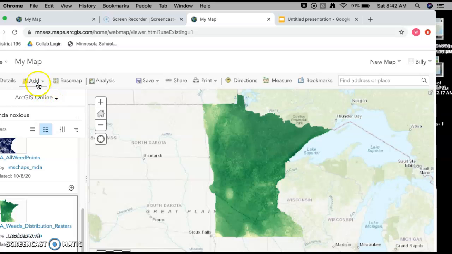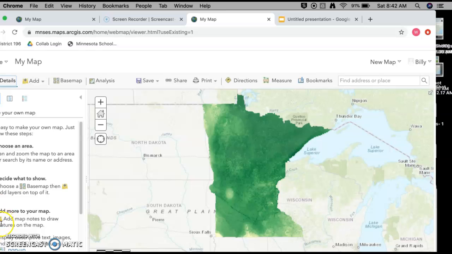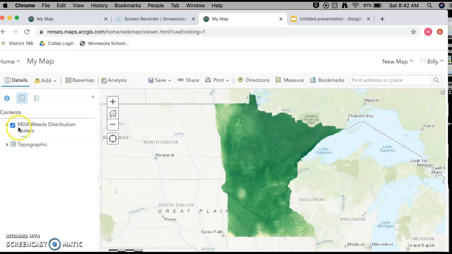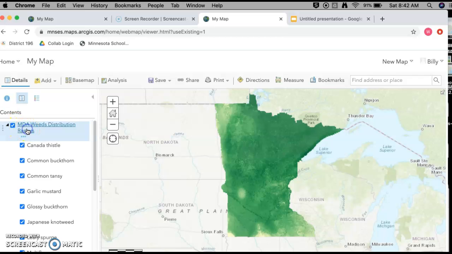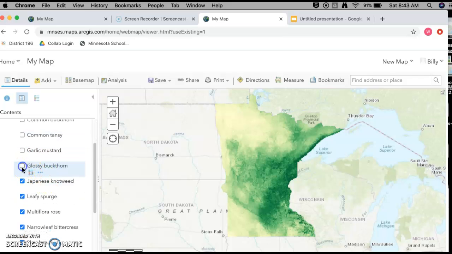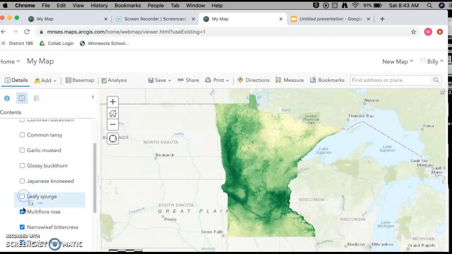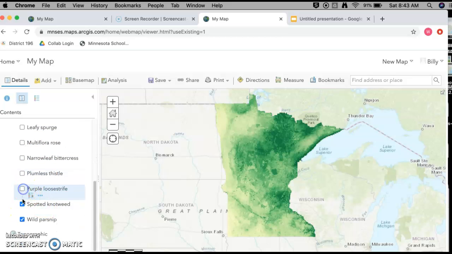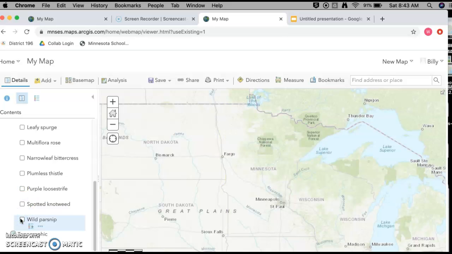So what I need to do, and hopefully you remember this, is go to details, that content button again, and if I open this up a bit, you'll see that it actually breaks down all the different invasive species. If I click off them all, you see that my map gets a little less green. And if I click off all of them, it just basically looks like the regular map